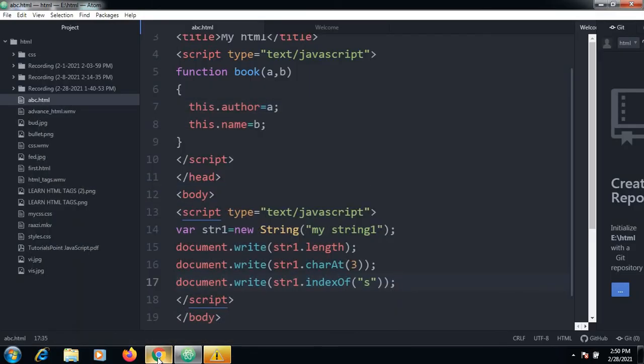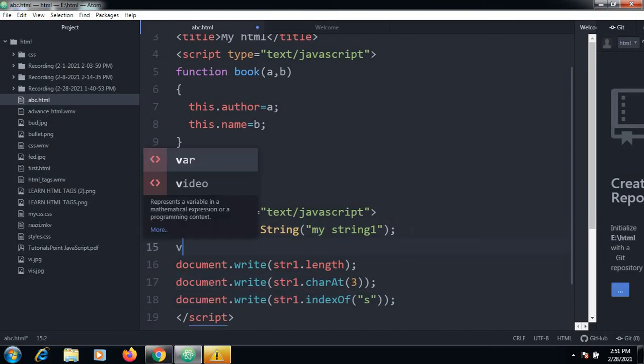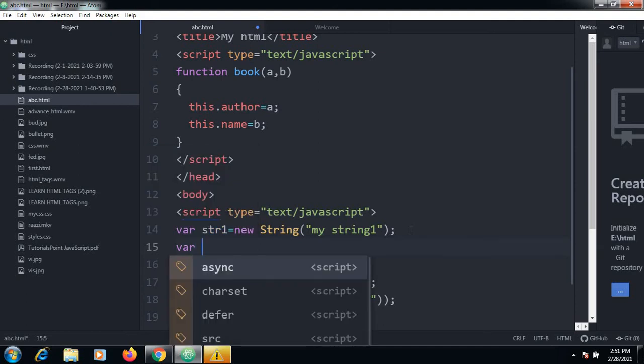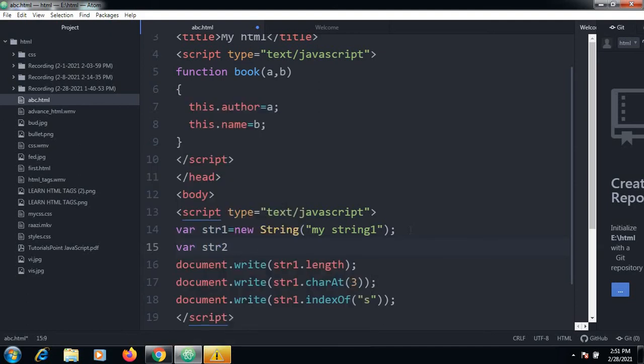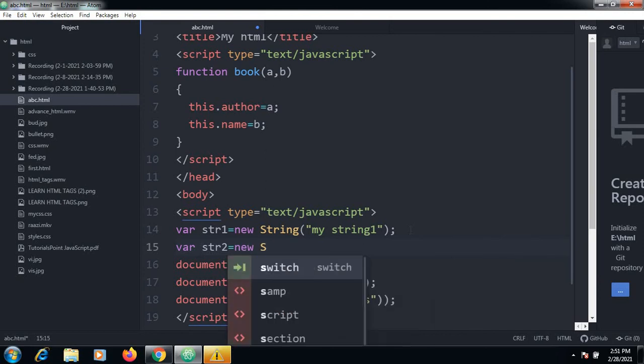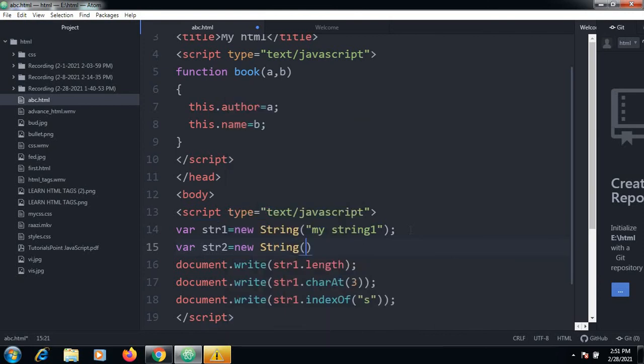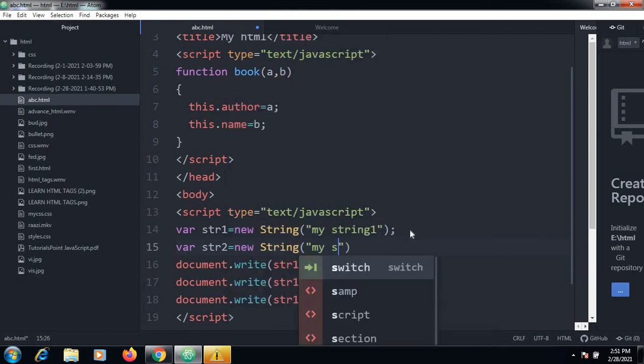This is the advantage of using these functions. And one more thing, we can concatenate two different strings. How to do this? var str1, var str2, my string2.